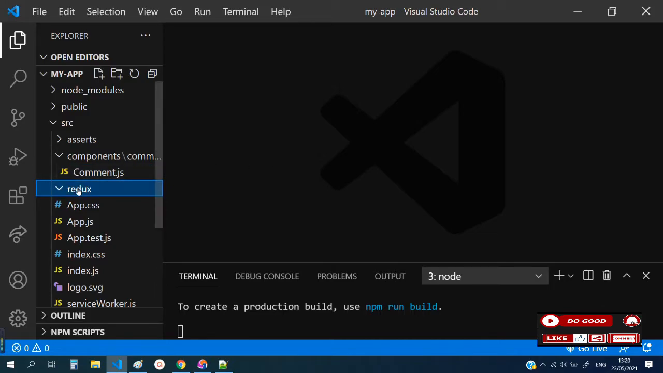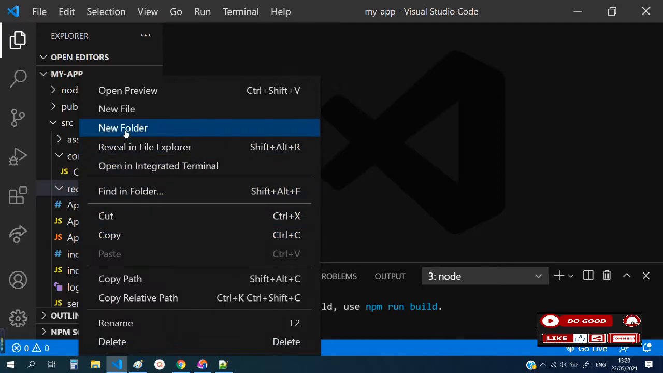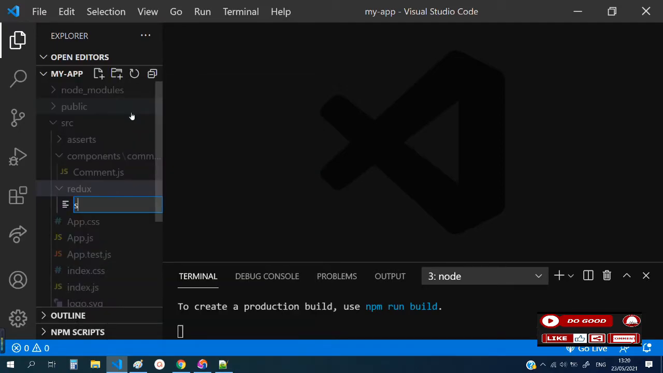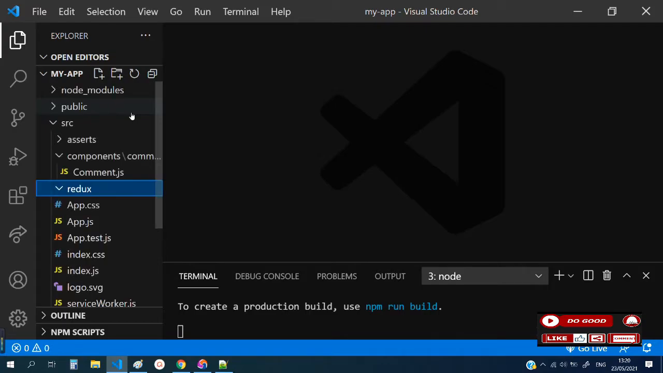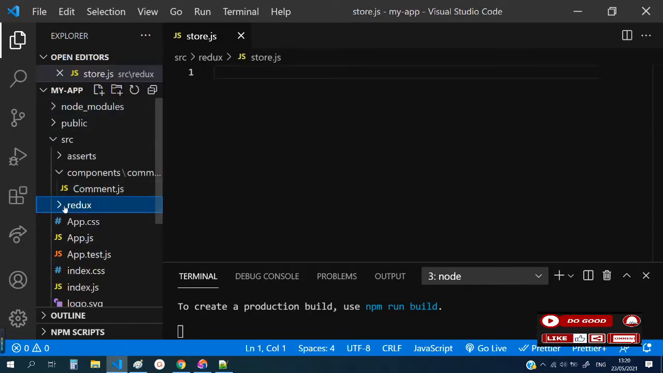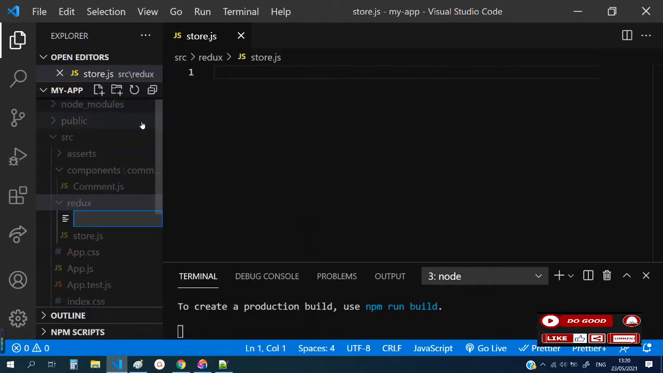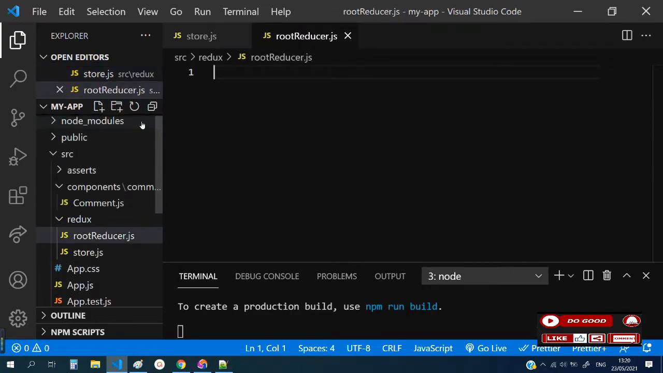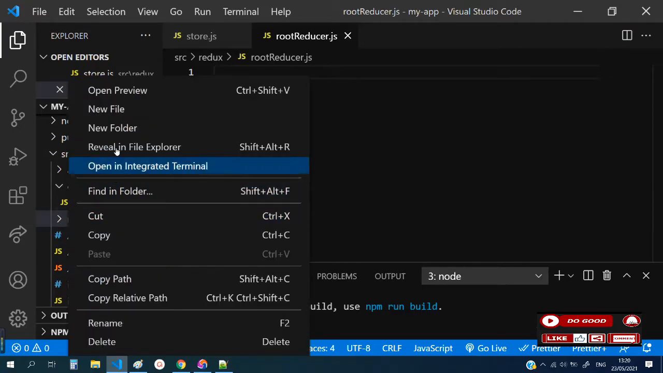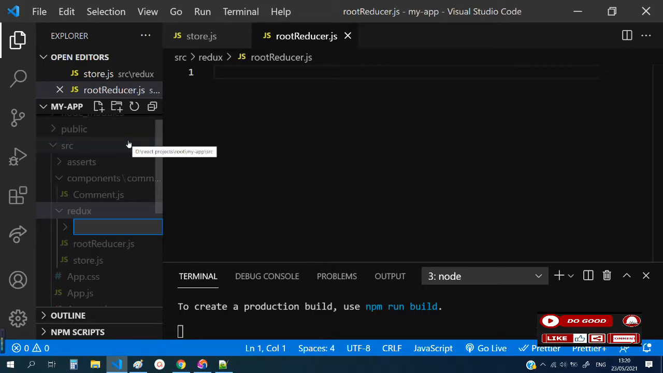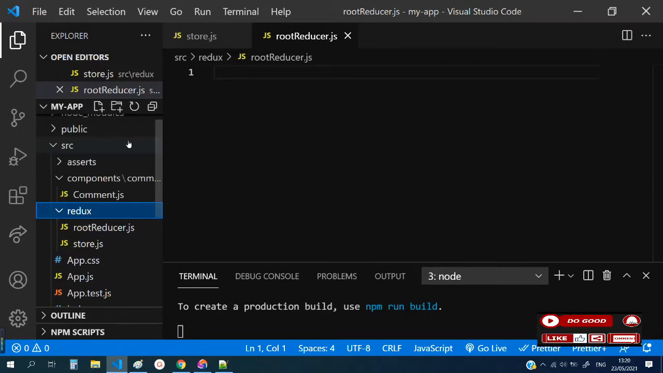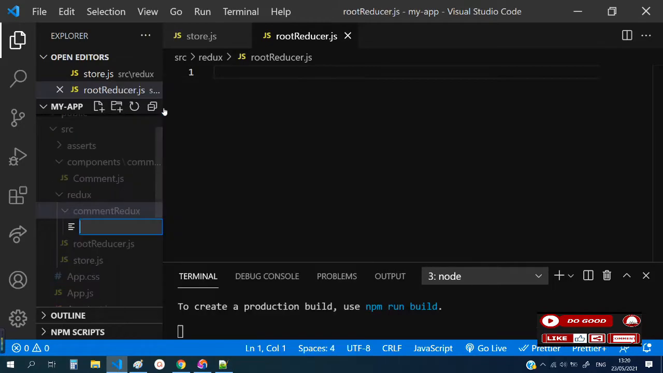To begin our Redux, let's create a file and call it store.js. Now inside that Redux folder again, let's create another file and call it reducer.js. So inside that, let's create another folder and call it comment redux. Okay. Now inside the comment redux folder, let's create a file and call it